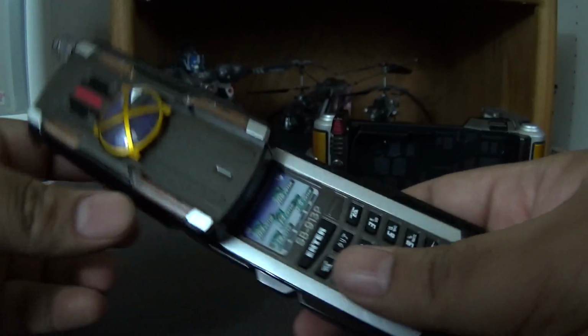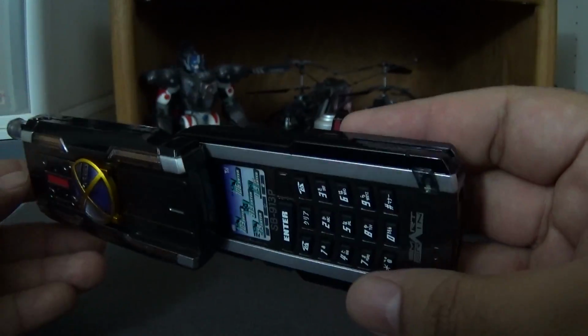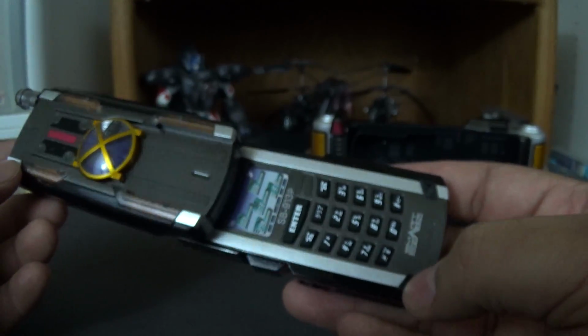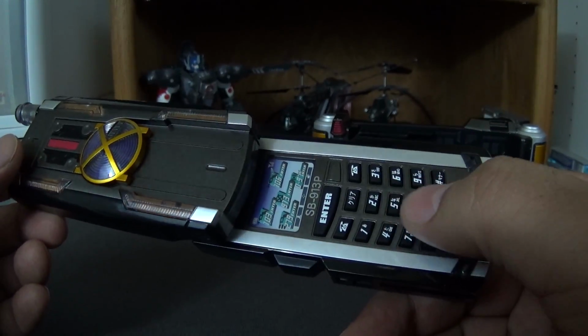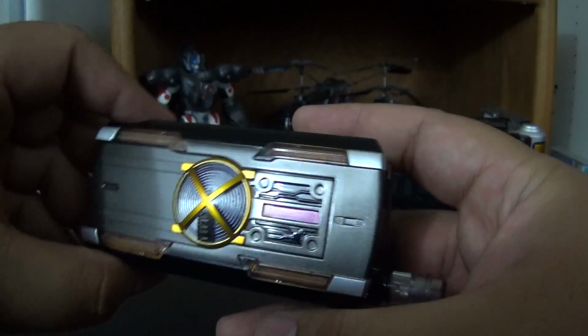And it does this side swing, which is very cool. This is actually my favorite phone. I just really love this design. It's so cool. It's really nice. Very kind of 90s futuristic phone to me. This is like something that should have been in the Matrix. This is that kind of a